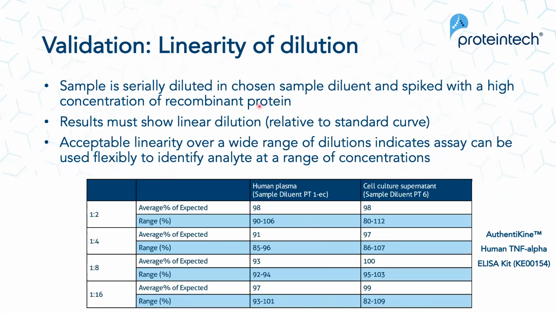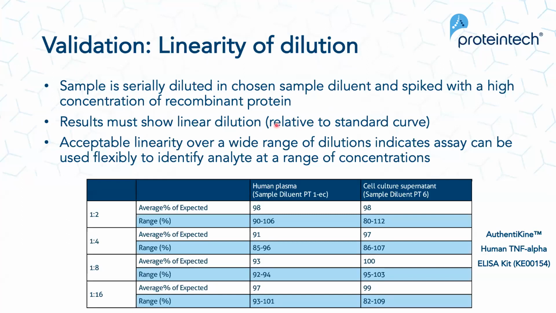The next part of the validation is something called the linearity of dilution. This is where you want to serially dilute your sample in the chosen sample diluent and then spike it with a high concentration of recombinant protein. You can see that here we've serially diluted, I believe this is human plasma or human serum, and then we're looking at whether or not it's showing a linear dilution relative to the standard curve. So as we know,